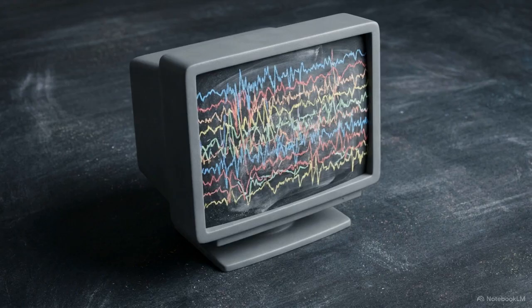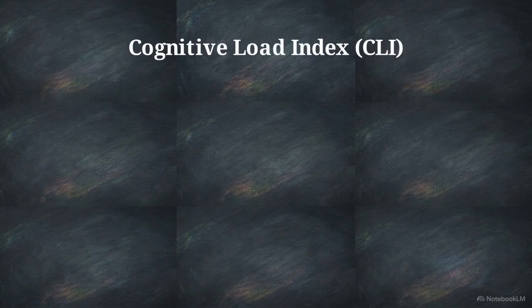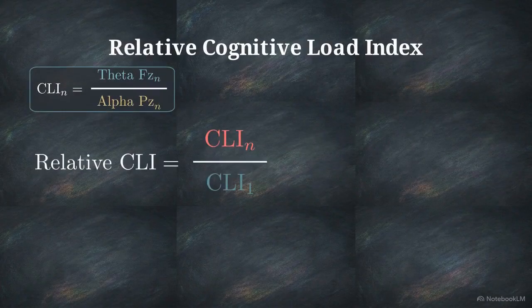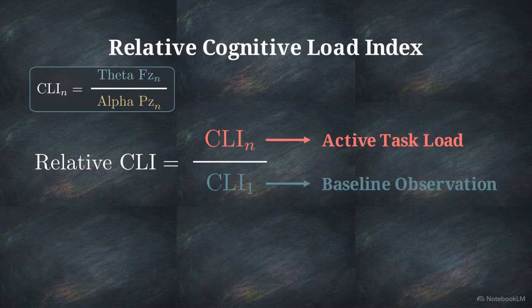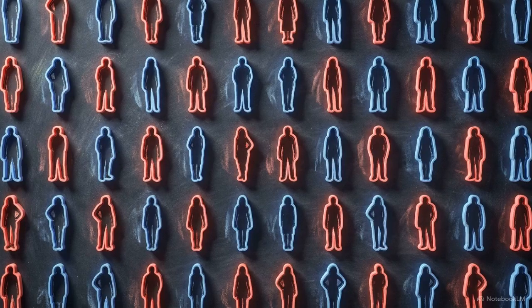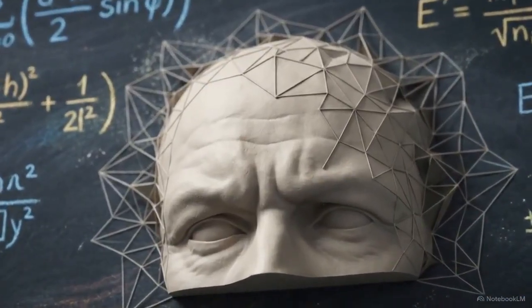To make this biological data useful for research, it must be converted into a computable model. A framework derived by Holm and colleagues quantifies these oscillations. They developed the Cognitive Load Index, or CLI. It's a mathematical ratio dividing frontal theta power by parietal alpha power. To account for individual resting states, this active task load is divided by the user's initial baseline observation. This provides the relative CLI, a normalized metric comparing active task load against the baseline, allowing the data to scale for any specific user. This ratio provides a way to quantify mental strain, turning invisible cognitive effort into an objective,